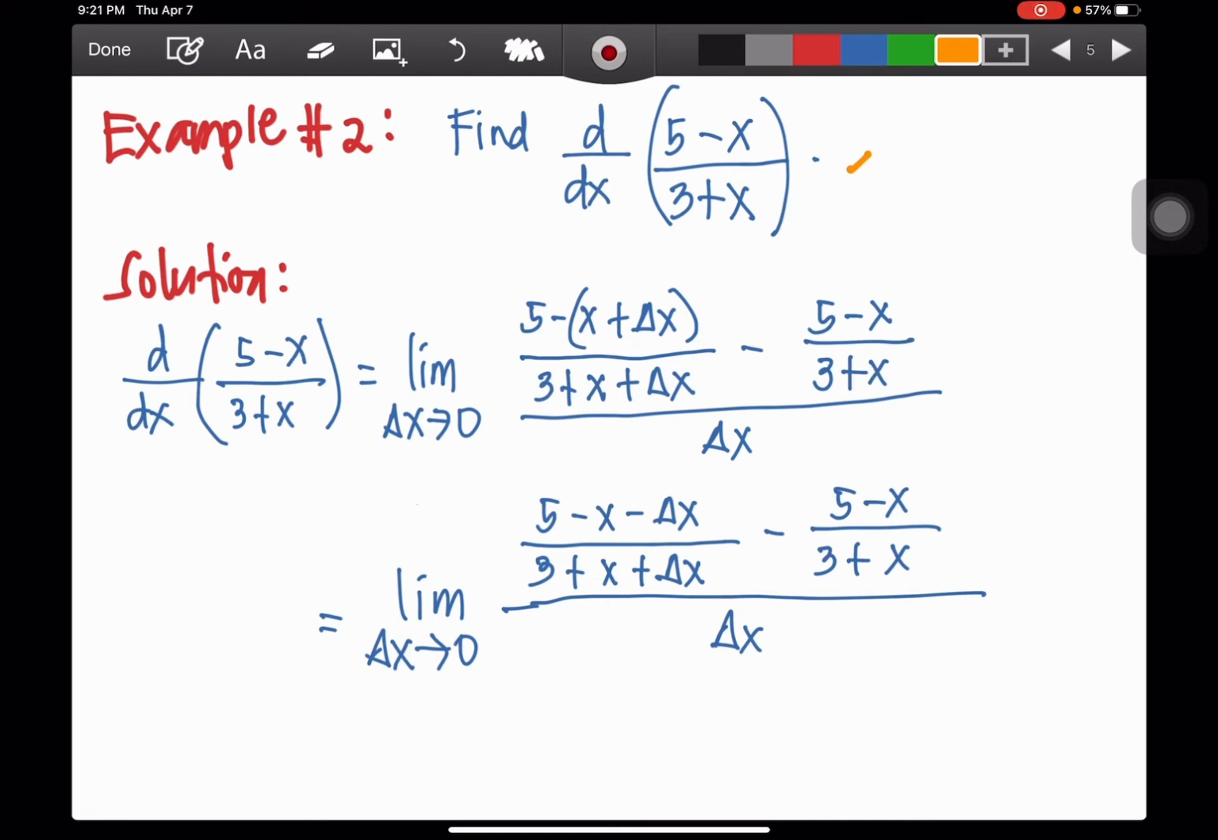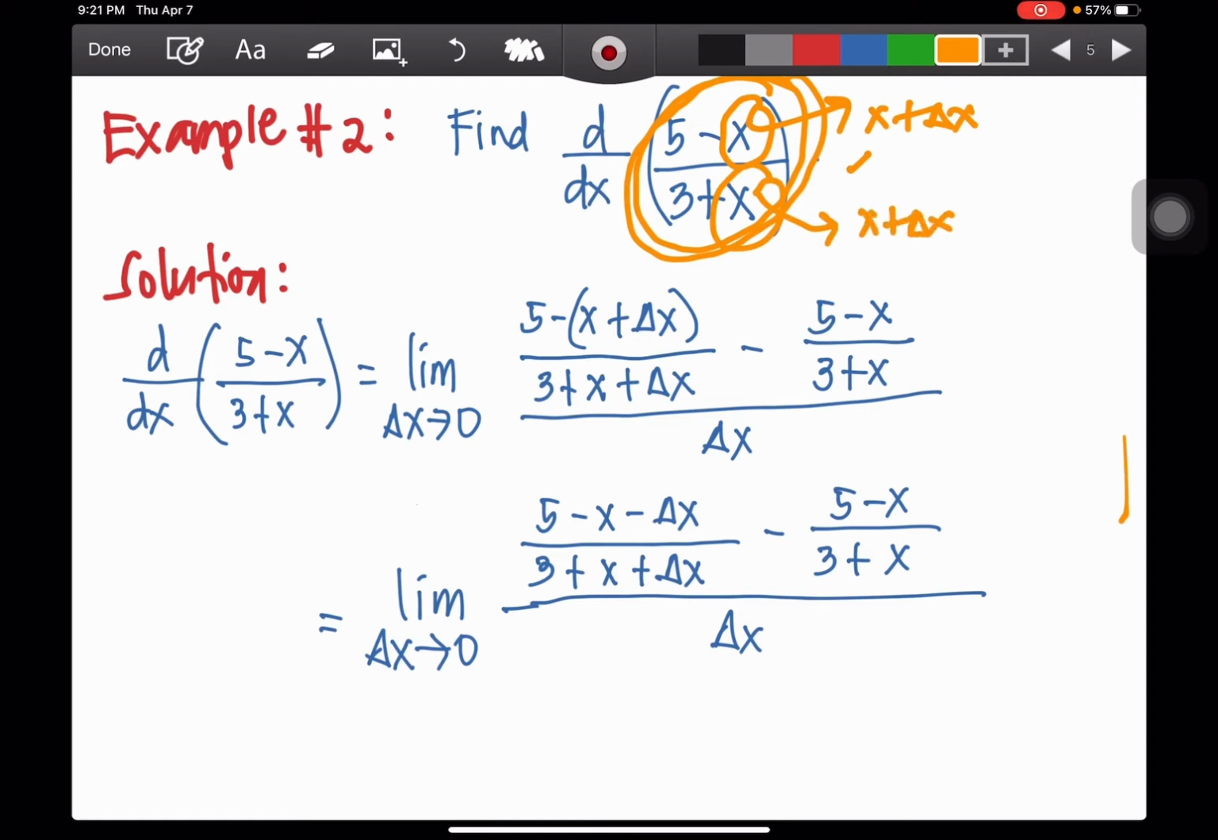We're going to substitute again into our formula number 1, and we replace x by x plus delta x for the first fraction. So we have 5 minus x plus delta x, again enclosed because it's preceded by a negative sign. Then 3 plus x plus delta x, minus the original function,